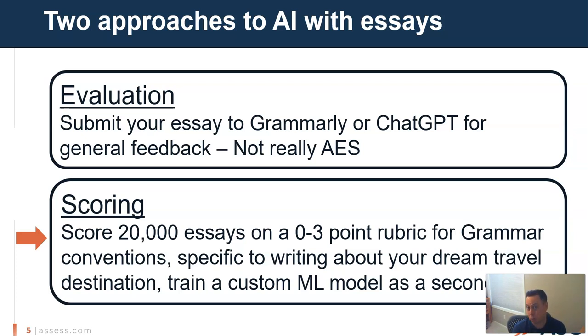It's not scoring you on a rubric. And typically those rubrics are well defined ahead of time. Automated essay scoring is scoring people on a very specific rubric. So if you're working with a 7th grade English class with the state of New Jersey, and they've got this essay that they're asking you to write, and they very specifically say, this essay is going to be scored 0 to 3 points on grammar using these benchmarks, and it's going to be scored 0 to 3 points on argument using these benchmarks. Automated essay scoring tries to take that concept and reproduce what humans are doing very specifically